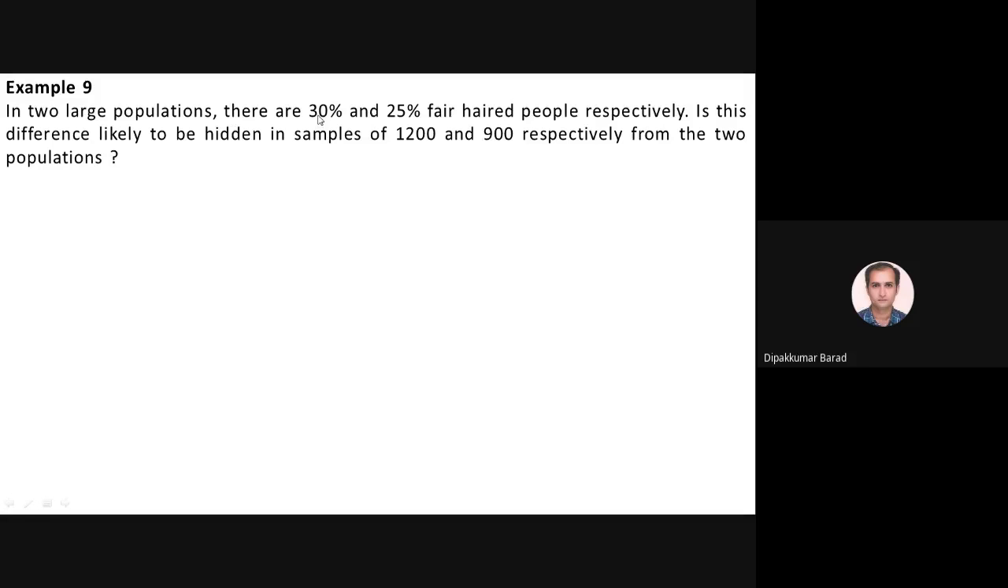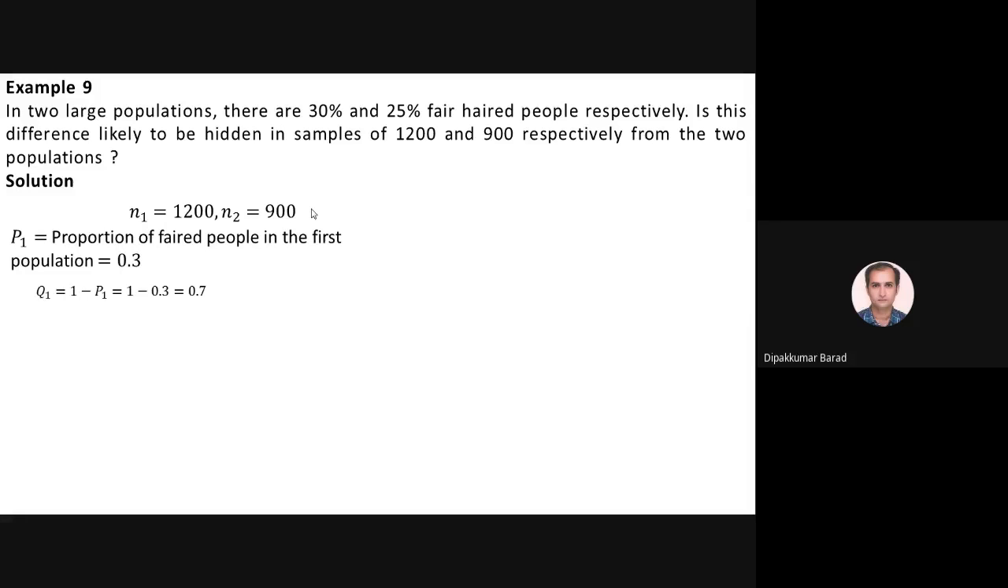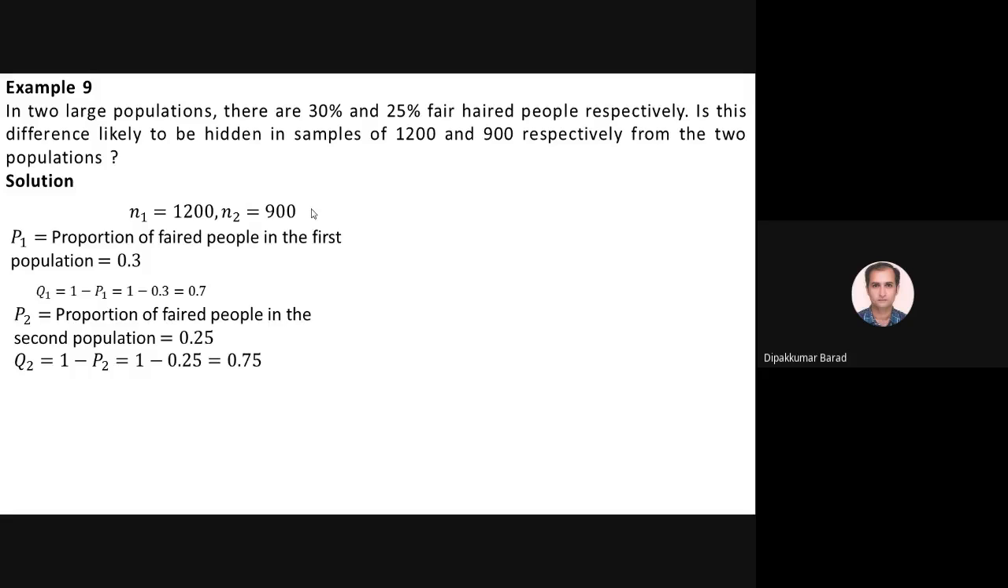So here we have been given capital P1 and capital P2. In the sample we have been given N1 and N2, which are 1200 and 900 respectively from the two different populations. What we have asked is whether this difference is likely to be hidden in a sample. So first N1 and N2 and capital P1, and once we have capital P1 we can find capital Q1, and capital P2, which is given as 0.25, so you can also find capital Q2, as we require capital Q1 and capital Q2